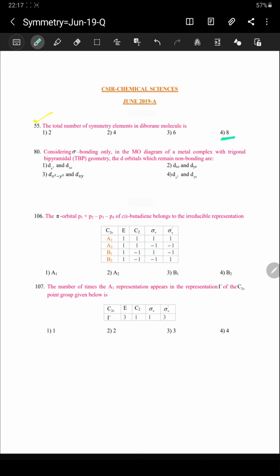Here we can see the number of symmetry elements found is 8: 3 rotational axes, 3 planes, 1 identity element and 1 inversion. It belongs to the D2h point group and the order of the point group is 4n, where n is 2, therefore the number of symmetry elements would become 8. So this is a strategic approach. It is always better to go through the strategic approach rather than to remember, because there are hundreds of molecules, and for each and every molecule, we cannot remember the point group and symmetry elements. Hope this strategic approach works well for you. Thank you.